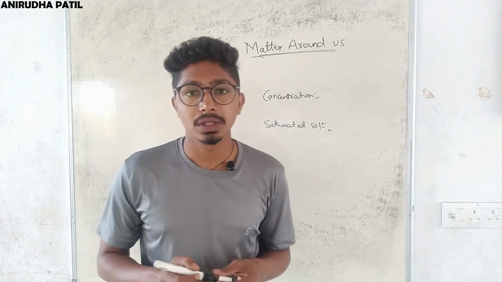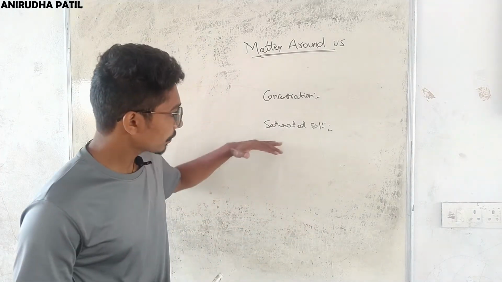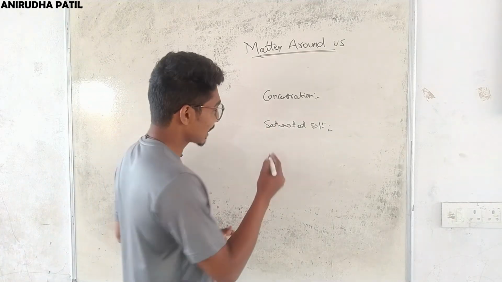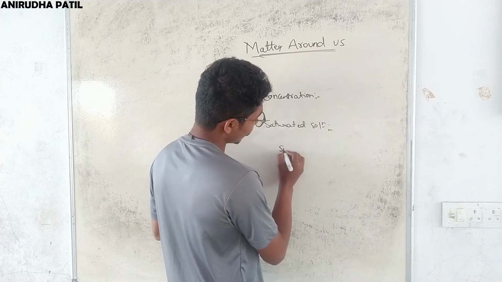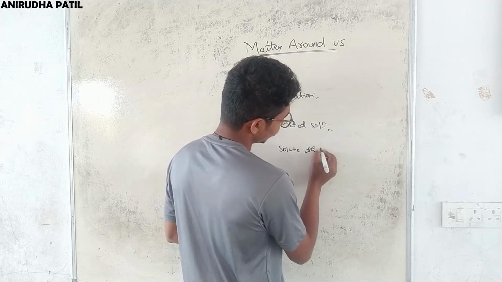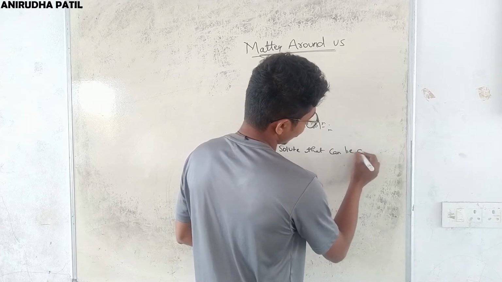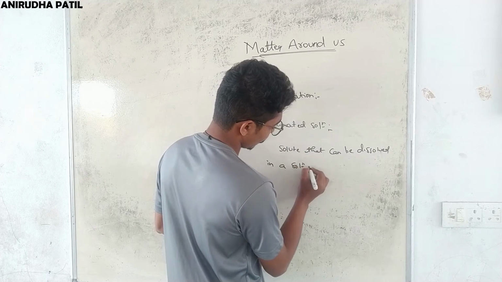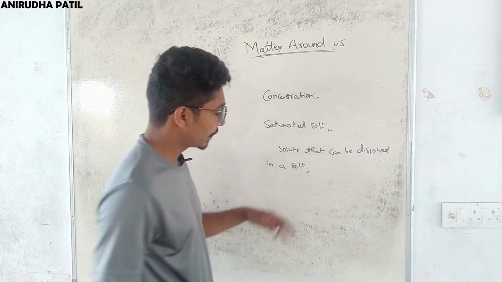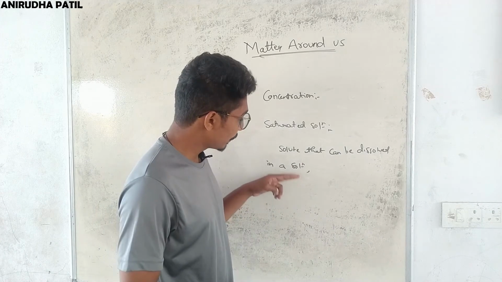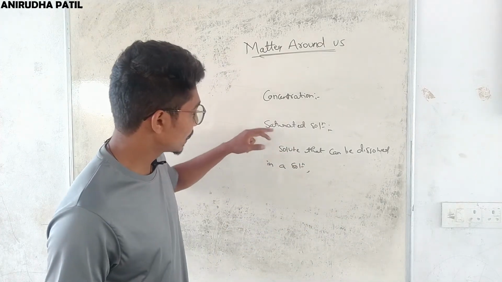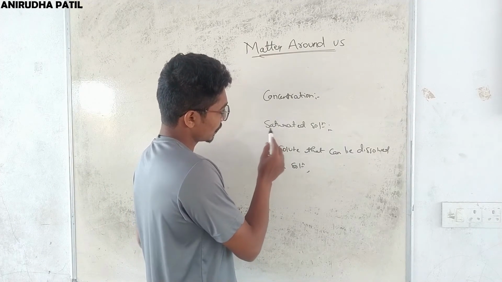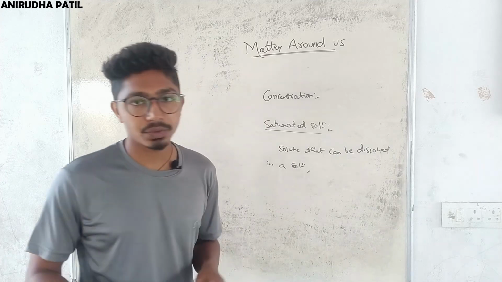A solution in which the solute dissolved at the point where no more solute can be dissolved in it. So basically saturated solution is nothing but the maximum amount of solute that can be dissolved in a solution and further it cannot be dissolved. That is, a point where no more solute can be dissolved in a solution is called saturated solution. So amount of solute present in a solution is less than the saturated level is called unsaturated solution. Okay,